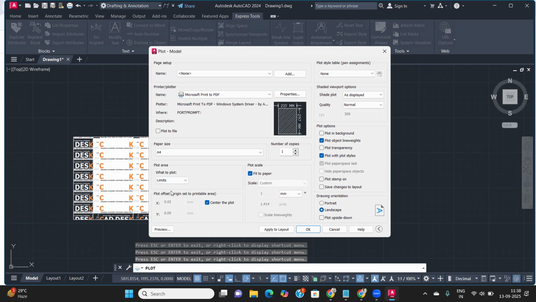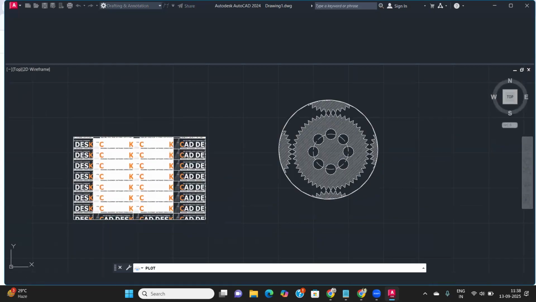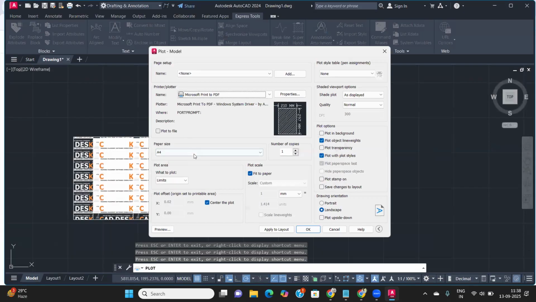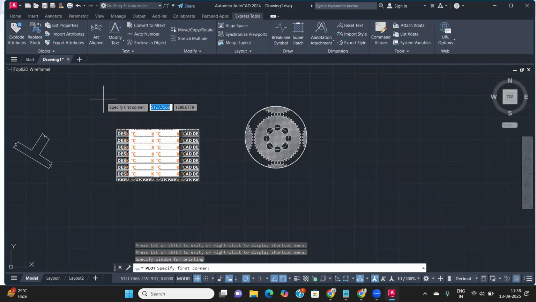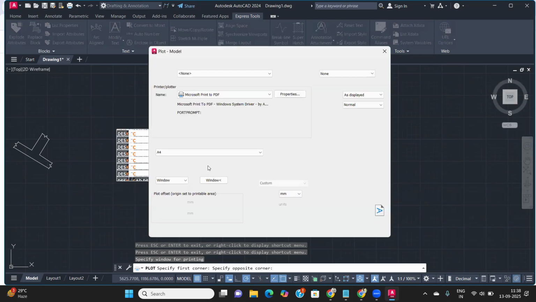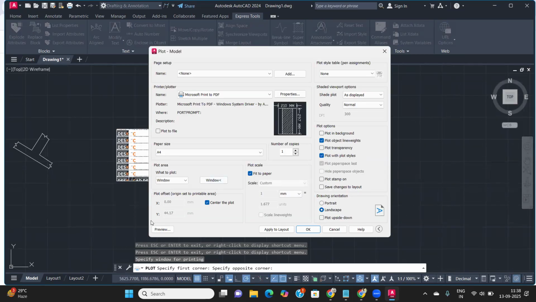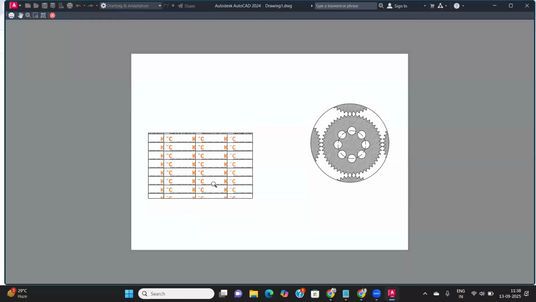Then what limits you selected here? These limit values will be shown here. Okay. What limit you have to assign here? This limit value will be selected. But if I don't assign a limit, then these limits will not be shown here. But the perfect way is to use window. Window is mostly used for showing the data. Which data you want to show, then select the window, which data you want to show in your diagram. Okay, and just click on the preview option, and this will be shown here. Okay, this will be shown perfectly. This way